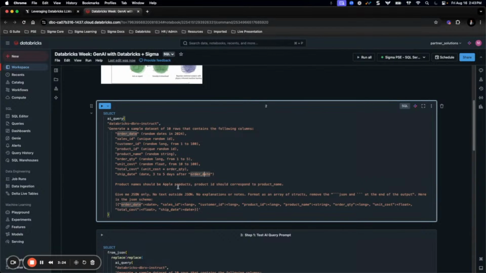So we should be seeing things like AirPods, any of those kinds of things. And then we've also specified we want the product ID to correspond to the product name. And then the last part of this that's actually really important is being able to specify how we want the